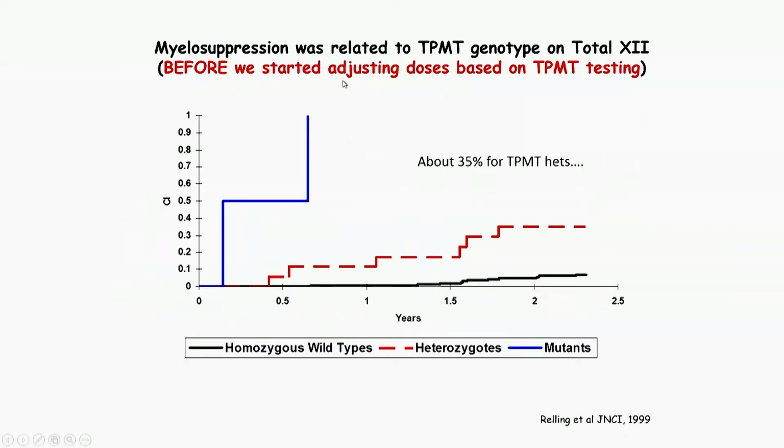For example, the data that relate to TPMT and thiopurines are particularly strong. Back in the late 1980s, before thiopurine doses were adjusted based on thiopurine methyltransferase genotype, 100% of patients who are homozygous deficient for this gene product had life-threatening myelosuppression. About 35% of those heterozygous for low-function alleles had life-threatening myelosuppression compared to only about 7% of the majority of patients who are homozygous for normal function alleles for TPMT. And